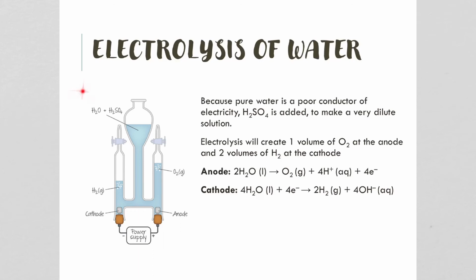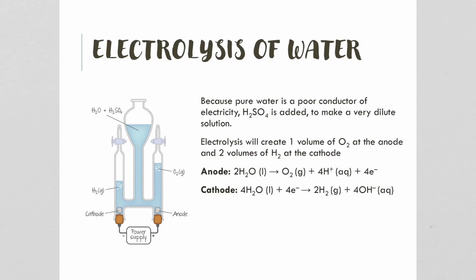This is what it would look like. With these stoppers, you could release and collect the oxygen and the hydrogen to demonstrate that they have been separated. You could do a glowing splint test to demonstrate that this is oxygen, and then a burning splint test to